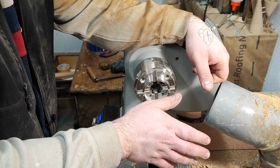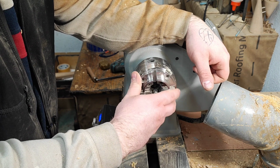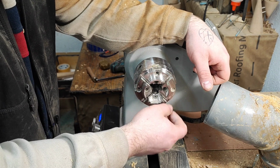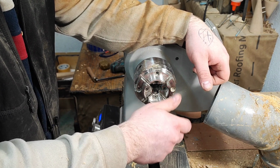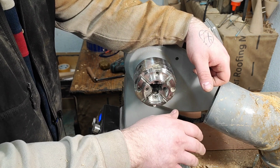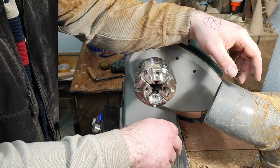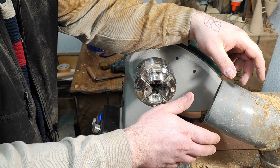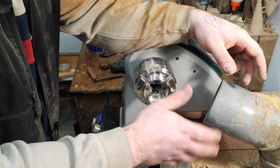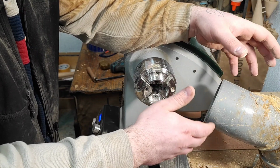So he noticed that correctly. Like I said, I like the fast start on this lathe, but the stopping is sometimes just a little bit annoying, but it is what it is. It's a great lathe. It does have some, let's say, cut corners to be able to compete in price, and it is the cheapest lathe at this power range and build quality and everything. It's cheaper than its competitors,